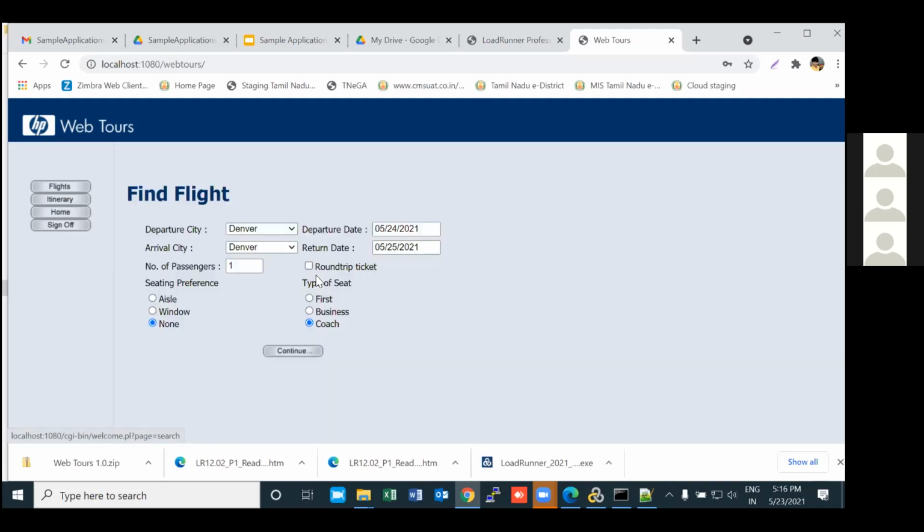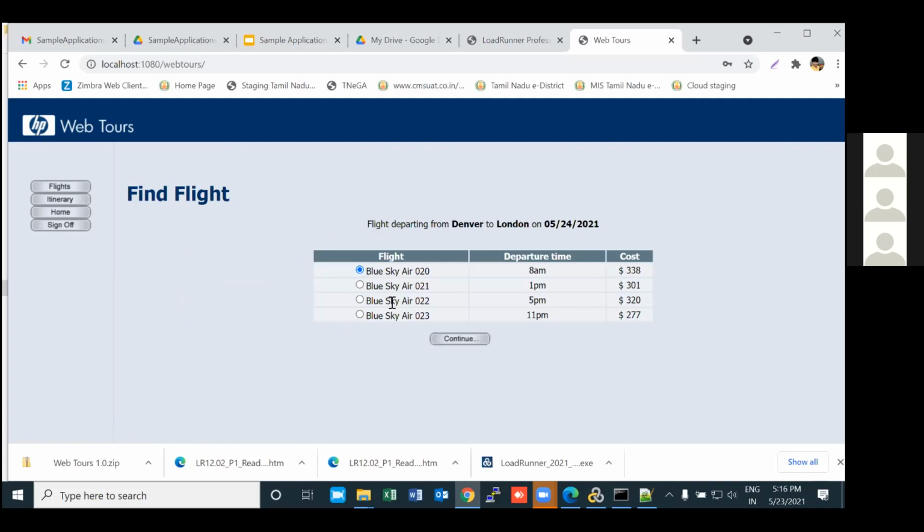One is a morning flight, one afternoon, one evening, and one nighttime flight. It shows the flight number, flight name, departure time, and cost of one ticket.